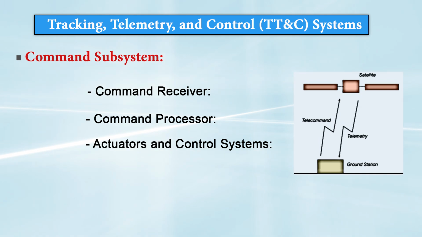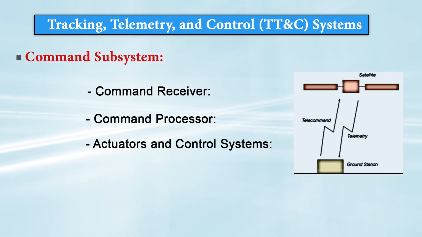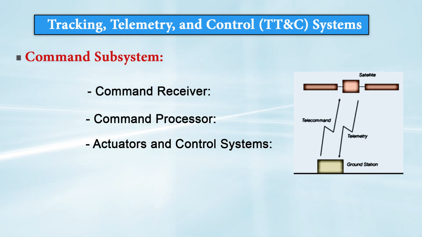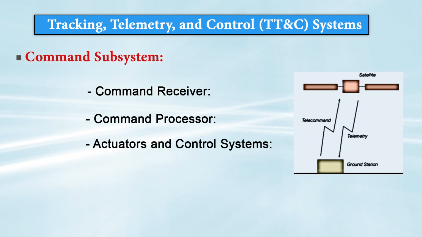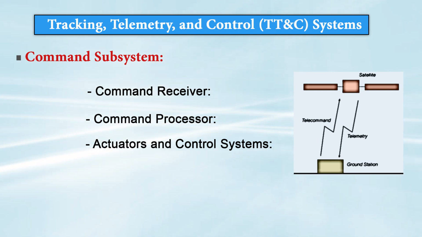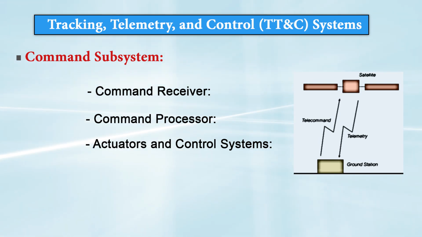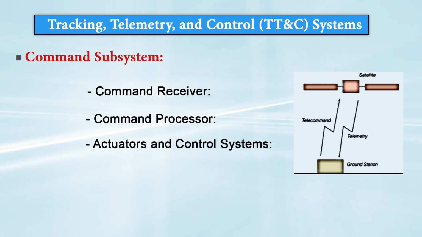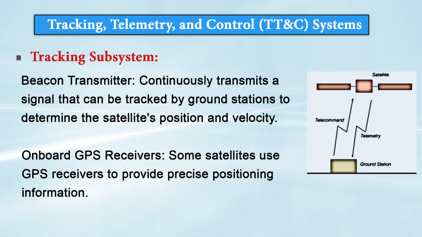stores it, and after that once again the satellite sends the received command back to the earth station, and in the earth station control room they check whether the command received by the satellite is correct or not. If the command received by the satellite is correct, then from the earth control station a command execution signal is sent. On receipt of the command execution signal, the stored command in the satellite is routed to the particular communication subsystem and